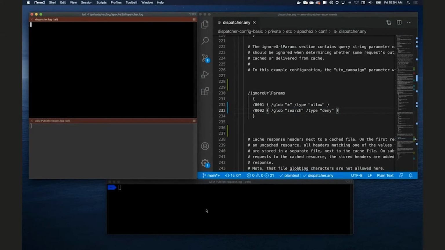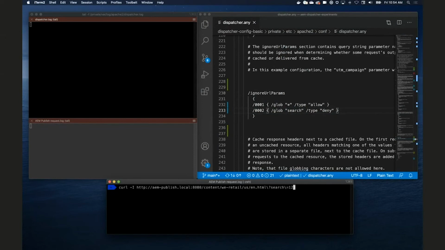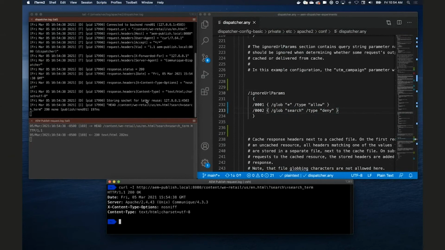And now, if I do a similar demo, but I change the query parameter that I'm using to search, and this may be my search term, I'm still requesting the resource en.html, and I have a search term, and we will see, of course, that this did make its way back to the published tier because this is the one query parameter which I have allowed through. So this would be allowed to pass through to the published tier. The search results could be computed and returned to the user that way. As expected,